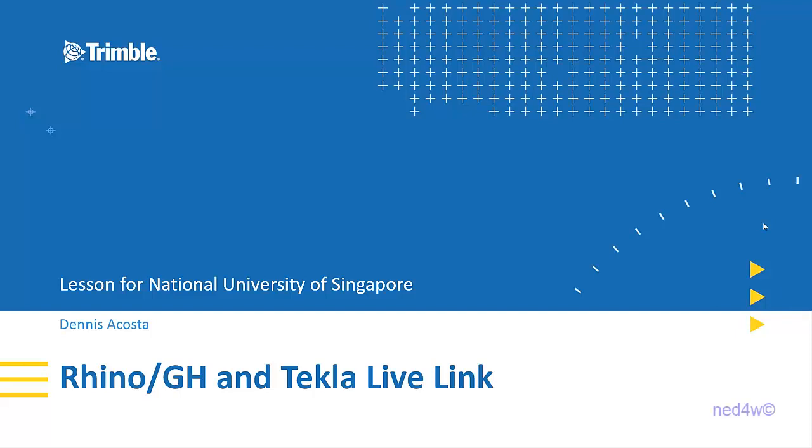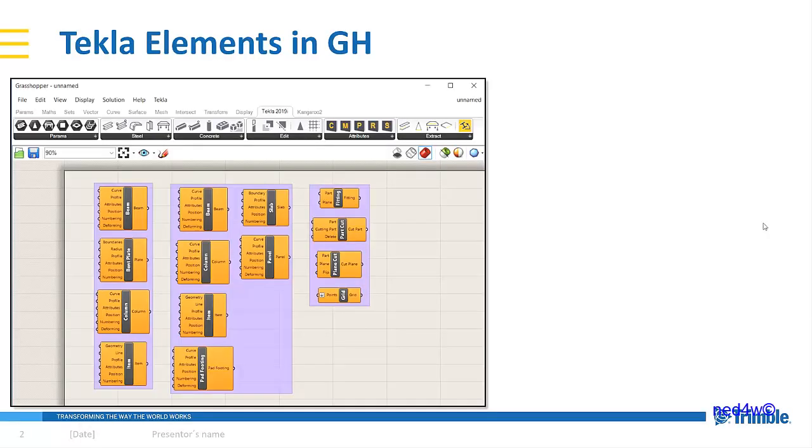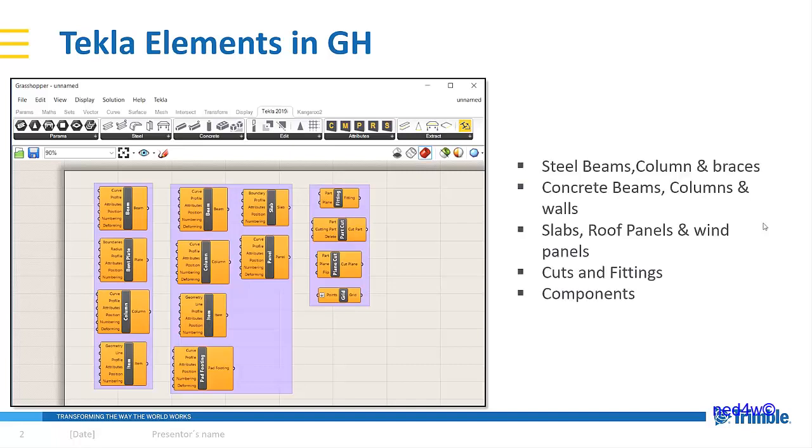In this video, I'm going to show you how to create grid line using Grasshopper and link it to our Tekla Structure. So first, let's have this presentation, and we're going to discuss first the elements in Grasshopper, the basic elements that we can